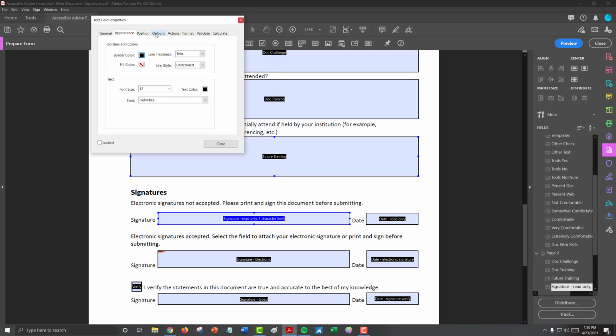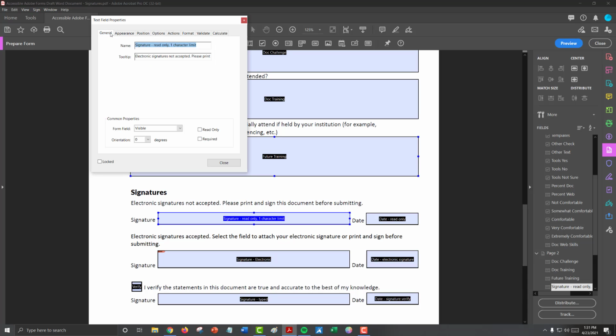There are a couple ways to do that. One is more accessible than another. Under the General tab, there is an option to mark this field as read only. The form field will be tagged as a form field, but none of the tooltip information is visible for users who need that information. Marking this as read only makes the form field invisible for users. So don't do it this way.